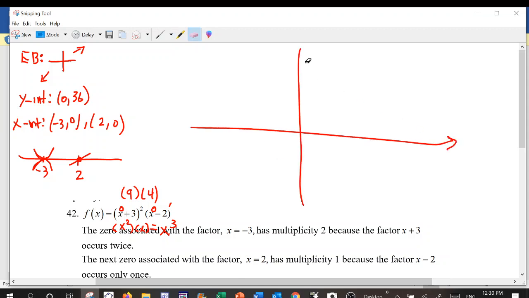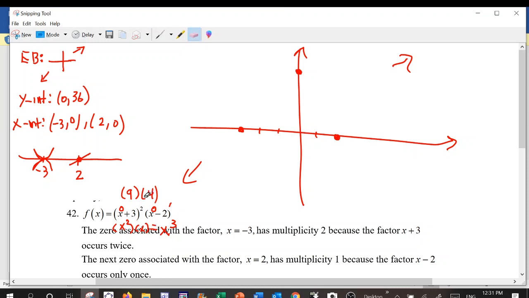So the graph of this will look like... where is negative 3? 1, 2, 3. And where is 2? That's 2. And the y-intercept, 36, let's assume that's 36. And the end behavior is this way. So it comes to negative 3, it has to, just a moment. Let's see. Negative 3 has to,